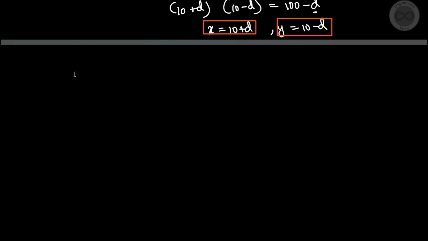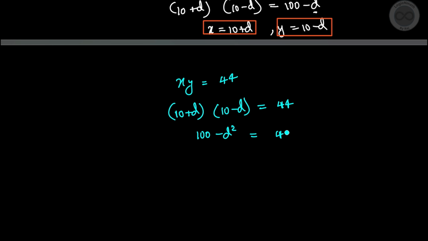Now plug it into the product. Our value was xy is equal to 44. Now put this value of x and y here. So we get 10 plus d times 10 minus d is equal to 44, or 100 minus d squared is equal to 44. On solving this, we get d squared is equal to 56, or d squared is equal to 4 times 14,